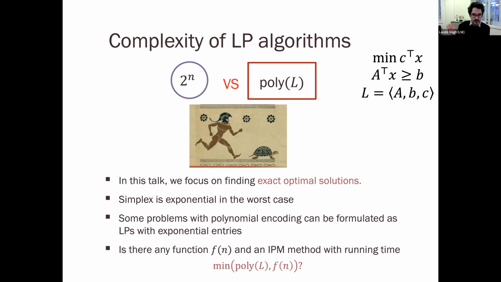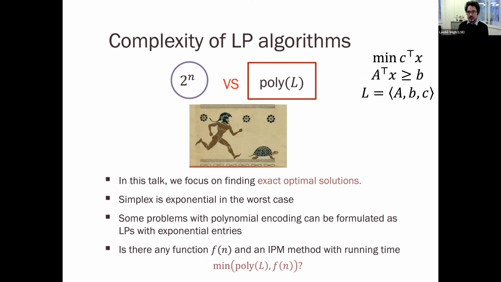Now, the ellipsoid and interior point methods can also give you the exact solution, but then you have this poly of the bit complexity dependence. And one could imagine linear programs where this bit complexity can be very huge. I mean, you do need an exponential number of entries, but in that case, the polynomial turtle can catch up with the exponential Achilles. In theory, this poly L doesn't have any bounds in terms of n. And of course, this seems like an artificial problem setting, but